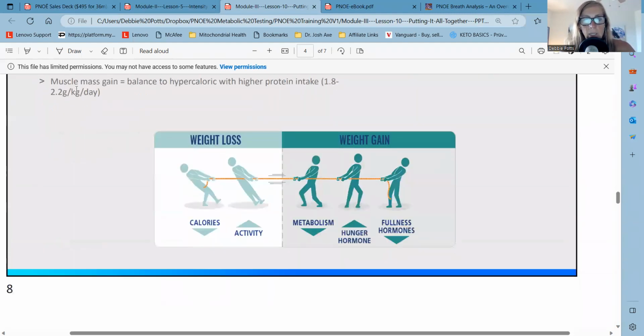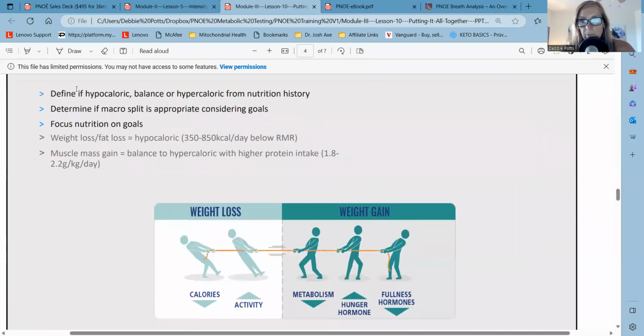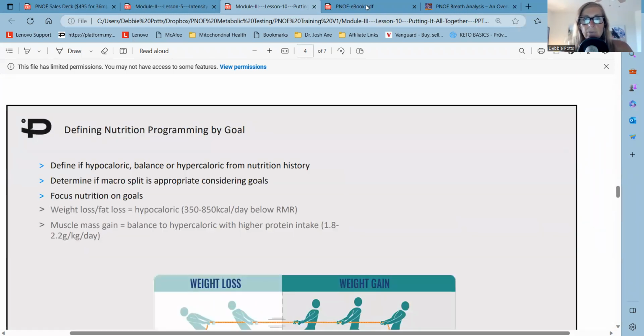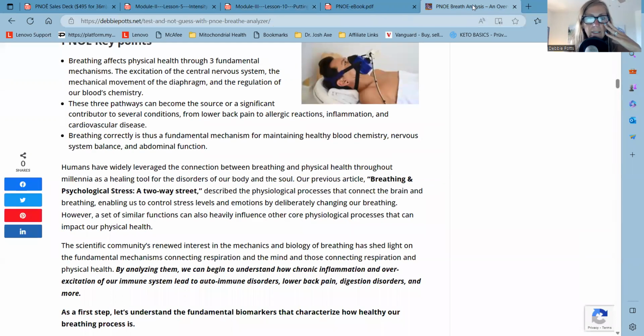Because a lot of people are doing the nutrition, but they're not doing the exercise right. Or they're doing the exercise, but they're not training the right zones. So that's what I was looking at. The breath analysis part is easy. You can see the picture on my blog put into here on the breathing, and make sure we can analyze